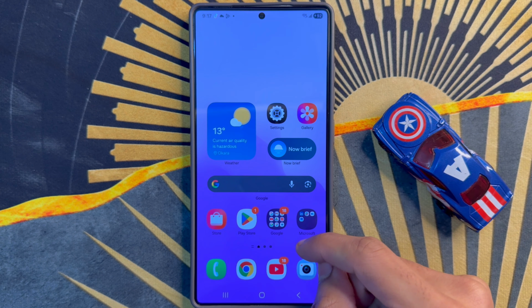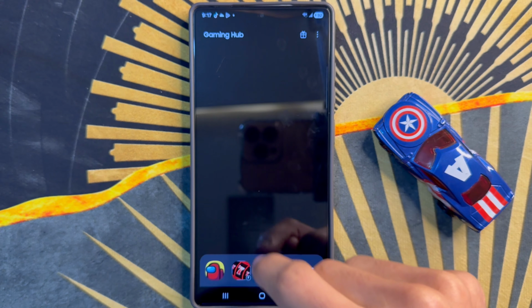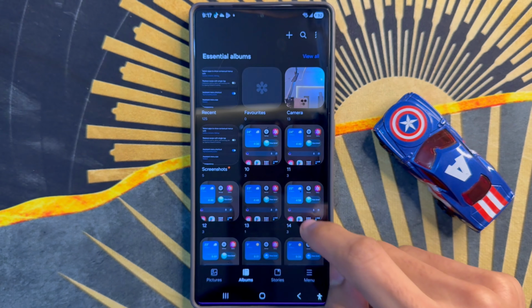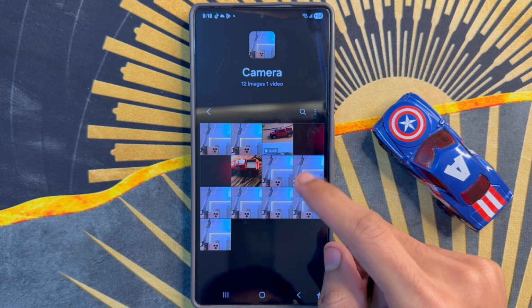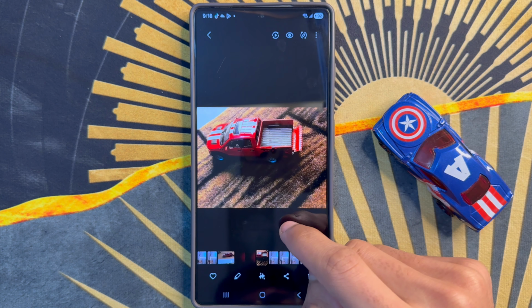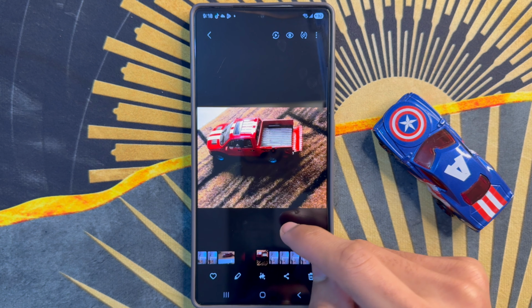First of all, go to app library. Now here, click on gallery app. Now here, click on folder and click on picture. So if you want to remove background objects, click on